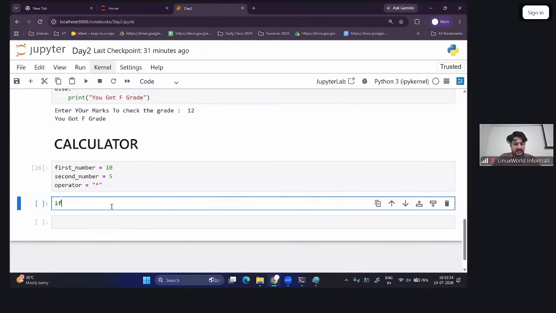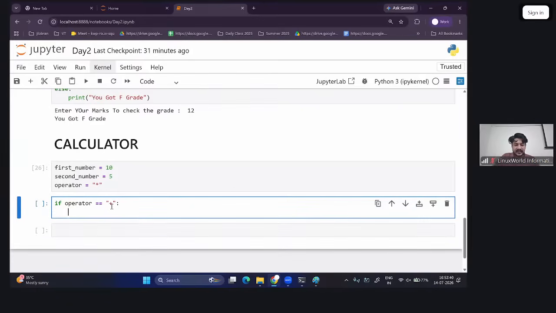सो आई वांट टू चेक, अगर कोई पर्सन यहाँ पे ऑपरेटर नाम के वेरिएबल के अंदर कोई वैल्यू स्टोर करता है जिसके अंदर प्लस हो, अगर कोई पर्सन प्लस सिंबल यूज करता है तो हम यहाँ पे एडिशन कर लेंगे। तो एडिशन करने के लिए सिंपल है, प्रिंट कर देंगे हम यहाँ पे, एफ स्ट्रिंग यूज कर लेते हैं क्विकली ताकि हम यहाँ पे मेंशन कर दें, एडिशन इज, जो वेरिएबल हमने यहाँ क्रिएट किया है फर्स्ट नंबर, राइट, प्लस सेकेंड नंबर। तो हमने फर्स्ट नंबर को सेकेंड नंबर से ऐड कर दिया इन दिस पर्टिकुलर केस, राइट।